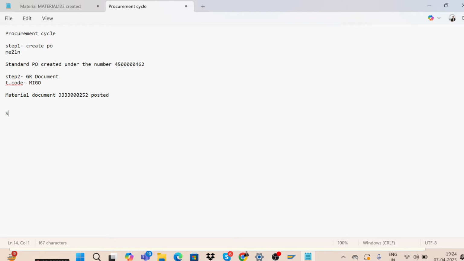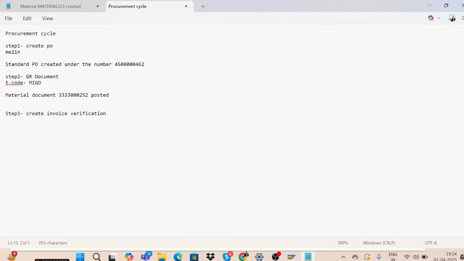The next step is to create the invoice verification document. We unloaded at our company's premises, put the goods there, and posted a goods received document using T code MIGO.